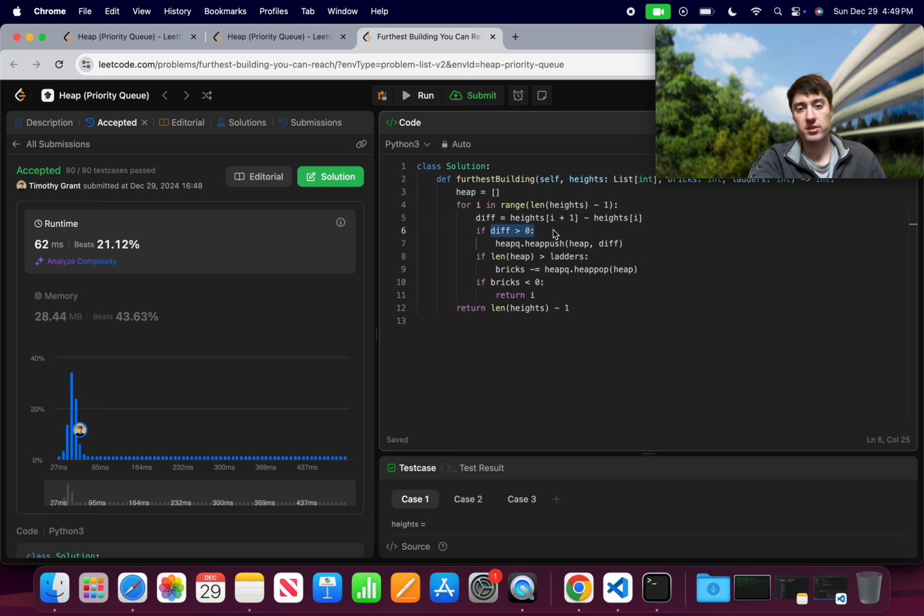If the difference is greater than 0, we will push that difference onto the heap. If the length of the heap is greater than ladders, bricks minus equals heap pop. If bricks is less,